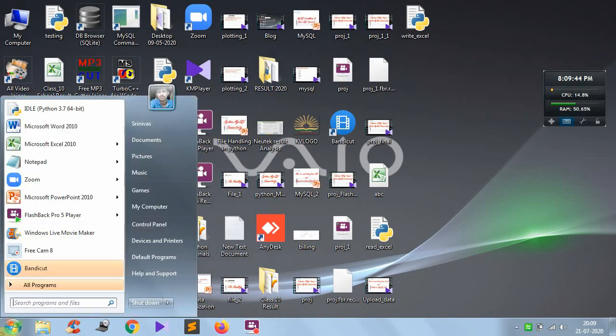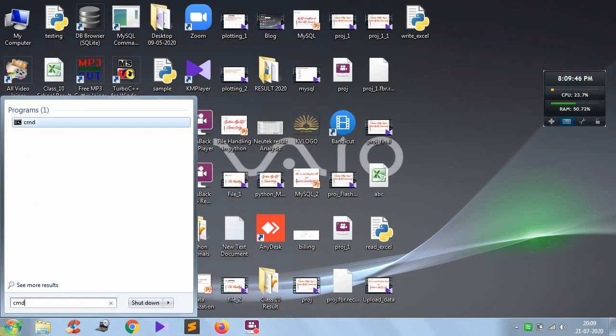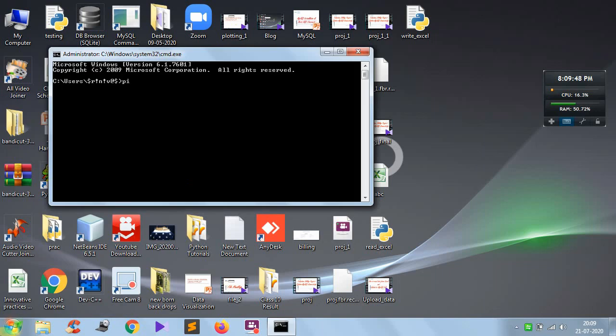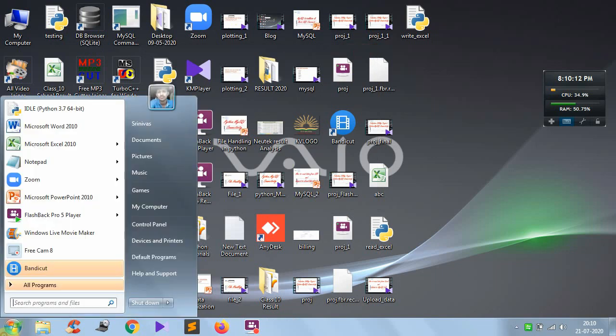For this, first you have to install one Python library. The command is pip install XlsxWriter. So this is the library you have to install. Just type this command and press enter. This library will be automatically downloaded from the internet and installed on your computer. But here it is showing requirement already satisfied, meaning the library has already been installed, so you don't need to worry. So directly let's get into the program.